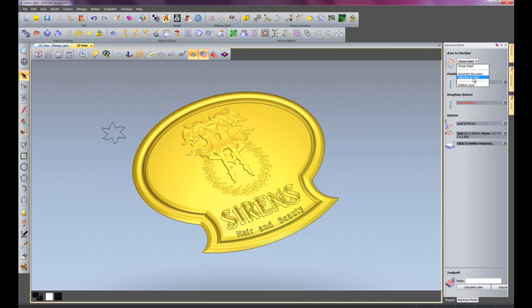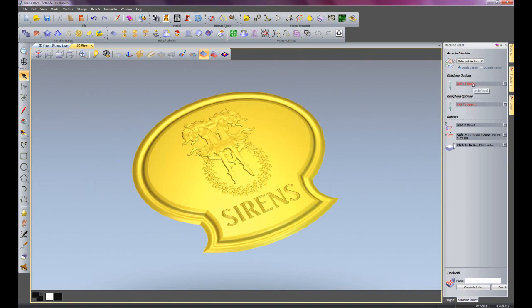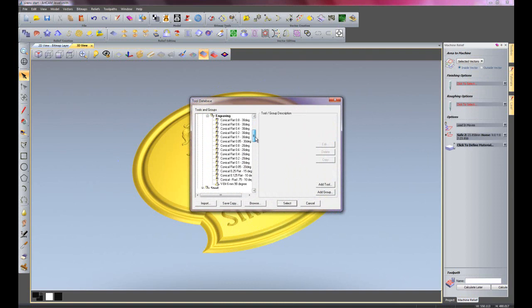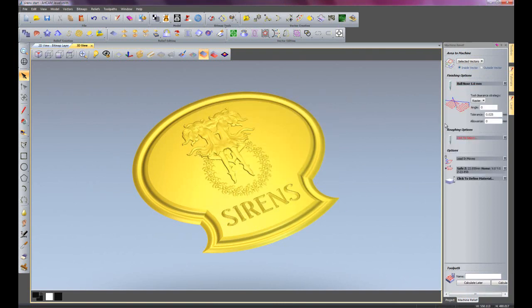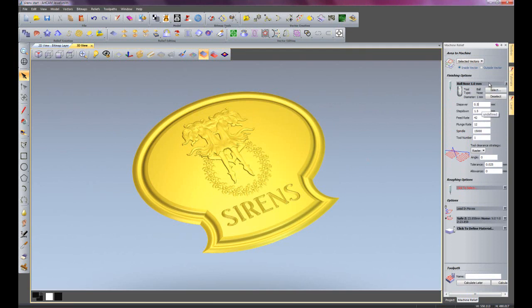I could also select automatic boundary if I wished. This would automatically work out the boundary of the particular sign, but because I've already got the boundary, I'm just going to use selected vectors. So if I click the outside vector, and I'm just going to turn the vectors off for a moment so I don't see those. The finishing tool, I'm going to use a 1mm ball nose cutter, and I'm going to just change the step over to 0.5mm just so it works